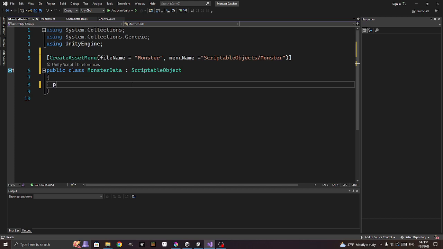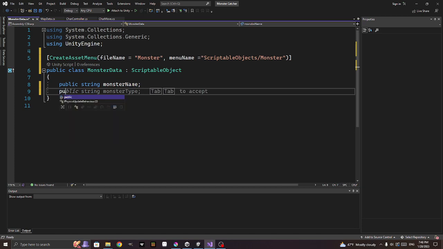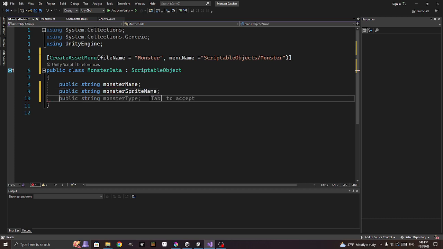So let's see, we want some publics. So public string monsterName, and then a public string monsterType. We will have a type, but we won't do that right there. Then monster sprite name,